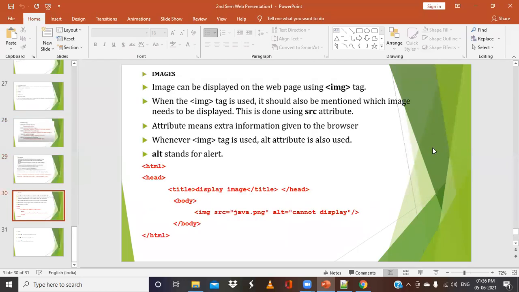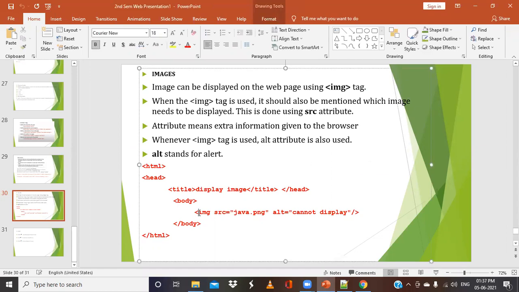Next, we will discuss images. Like we can have paragraphs and other things, similarly, if you want to add an image in a web page, what can we do? Images can be displayed by using a tag called the image tag, or we can say the img tag. Like the br tag or hr tag, it will not have a closing tag. It will have only the opening tag, and there we can end this particular tag.